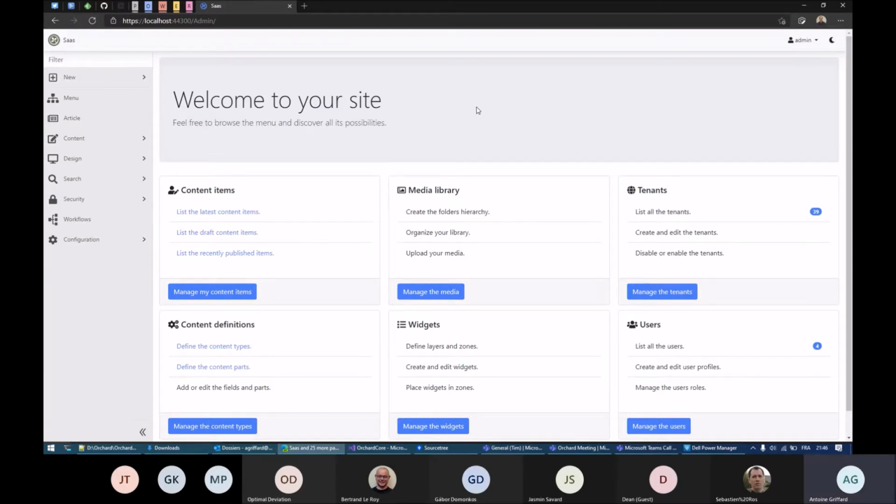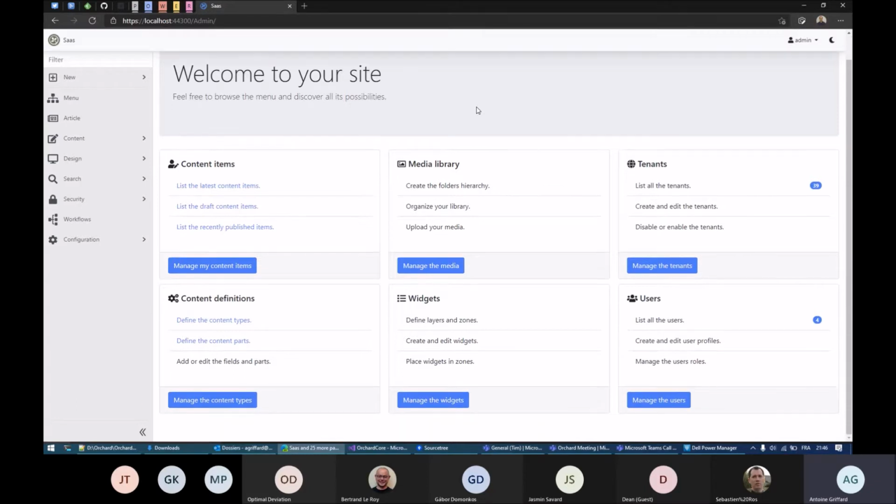Okay, good. Okay, cards. Yeah, and I added some dashboard items that are made in different modules. So you can see this is the one coming from the contents.